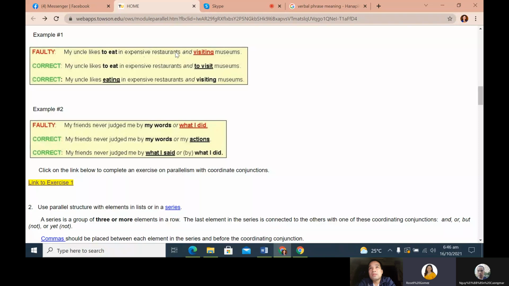You don't think about the verb, you want us to consider the preposition. Now you would like to consider in expensive restaurants. This is a place, expensive restaurant. Yes, you are right. But then what about in museum? And museum, you have to